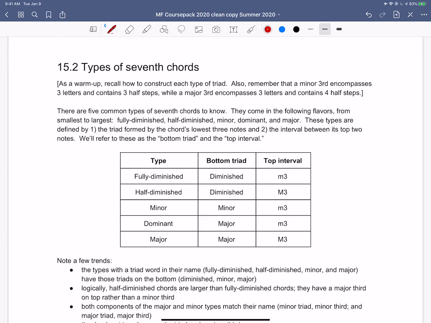Section 15.2, types of seventh chords. To succeed in this section, you'll want to recall how to construct each of the 4 types of triads, and